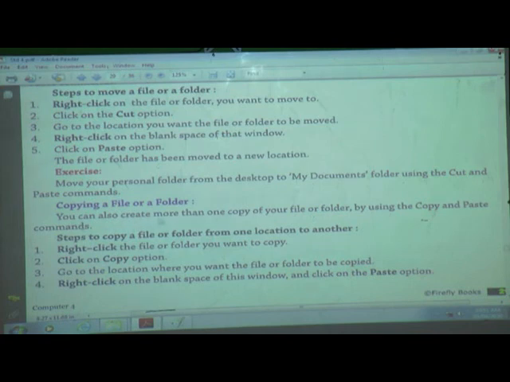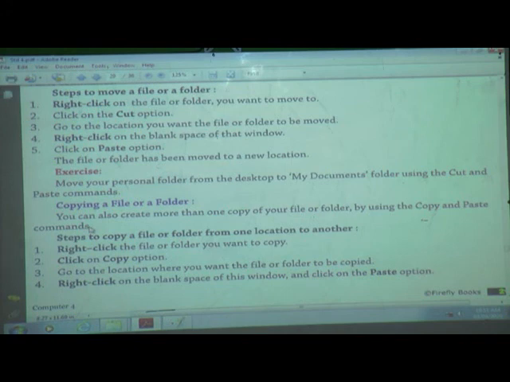You can also create more than one copy of your file or folder by using the copy and paste command. Understand? Copy and paste means we can do duplication of this file. Means this file is here also and this file is there also. But if you want to move means what? Cut. This file is cut from here and it will go in our folder.